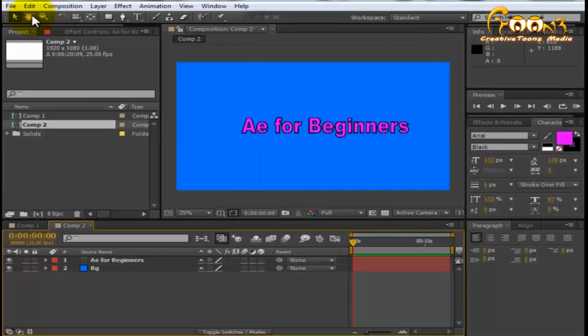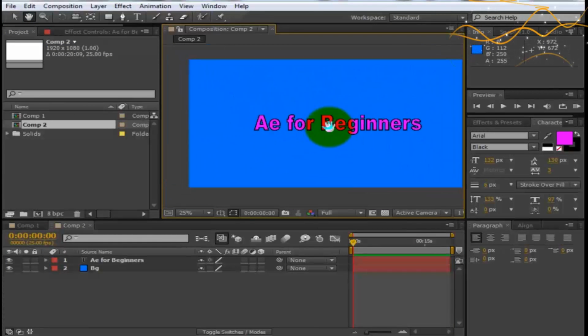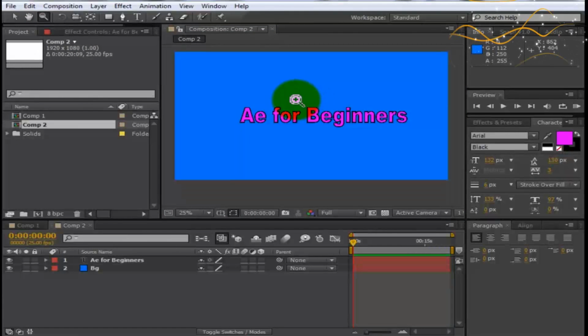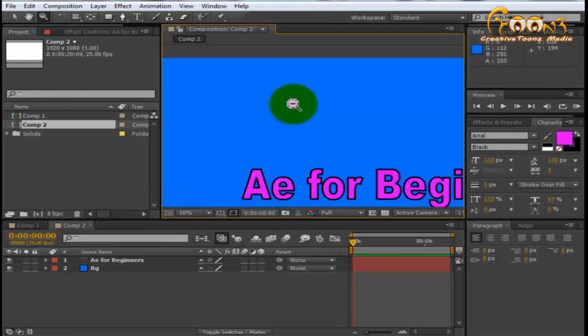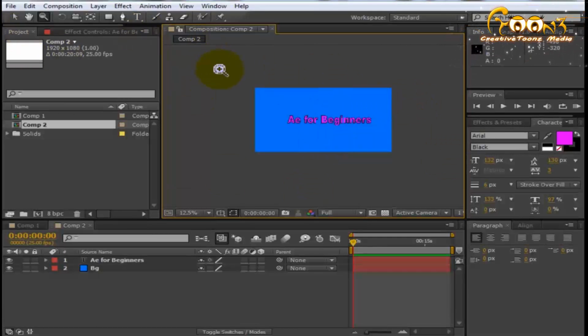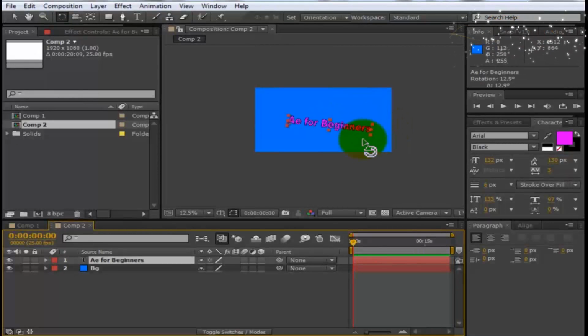And next is the hand tool. This is like panning. You can choose it and focus your comp area and the previewing area. Another is zoom. You can left click for zoom in, and alt plus left click for zoom out. Okay, and beside this, some rotational tools are there, like select the area, and now you can